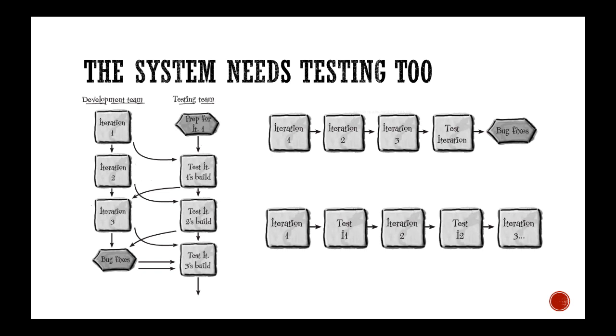You need users to test your code. Many places will also have a test team to test your code. You'll see we have an example pattern on the left, the development team and the testing team, where the development team completes an iteration, then passes it to the testing team while they move on to the next iteration. The testing team then passes back any bugs or fixes they find, which are integrated into yet the next iteration, and the cycle continues.